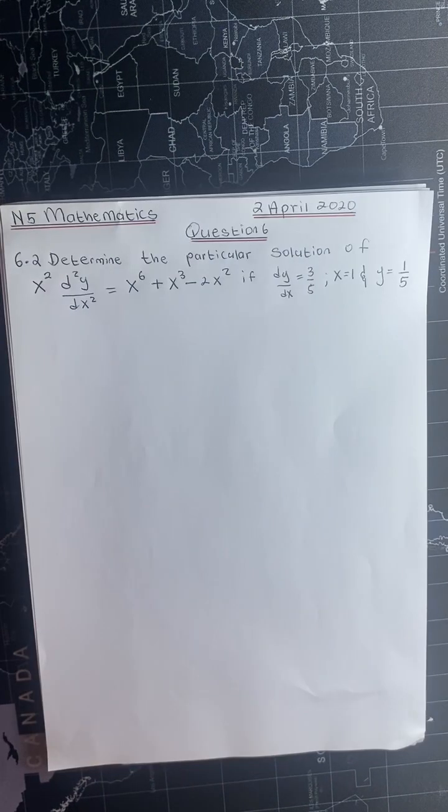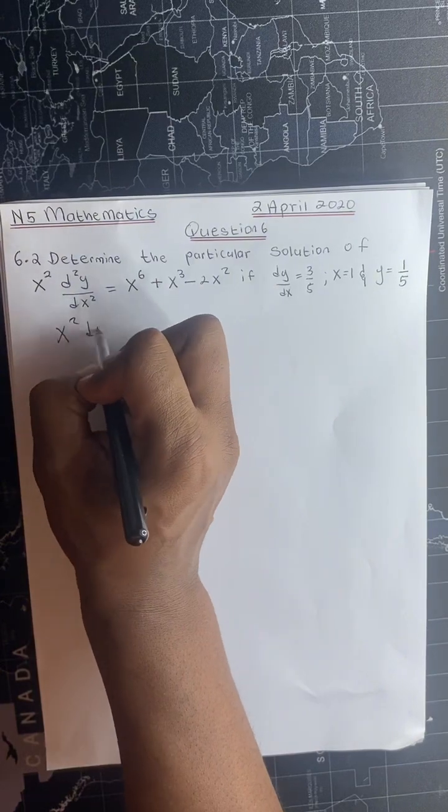The particular solution of x squared d squared y over dx squared is equal to x to the power 6 plus x to the power 3 minus 2x squared, if dy over dx is equal to 3 over 5, x is equal to 1, and y is equal to 1 over 5. So